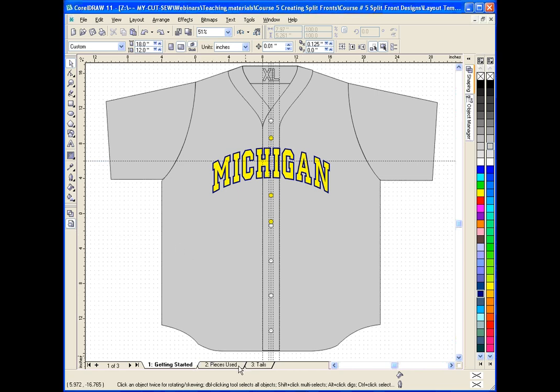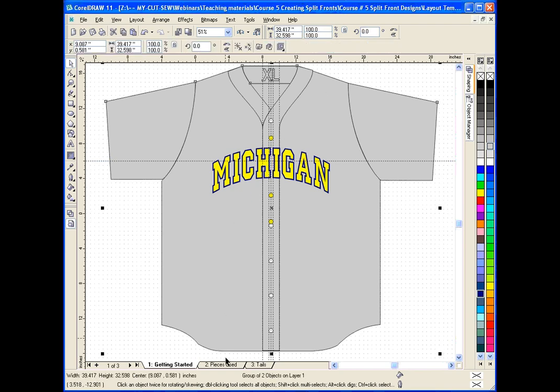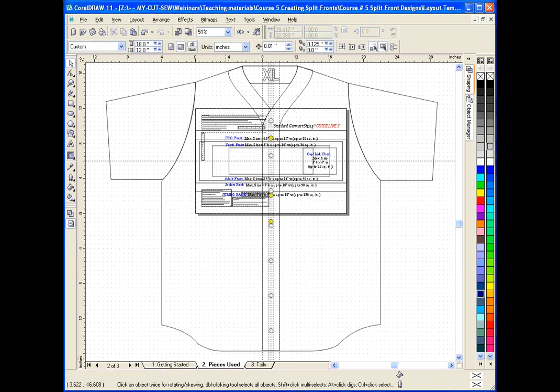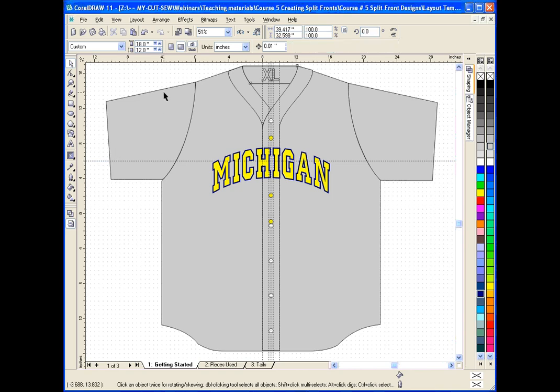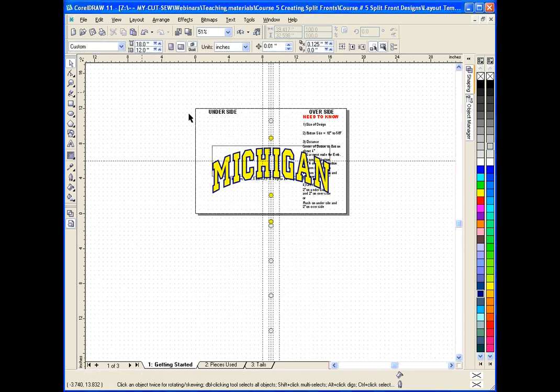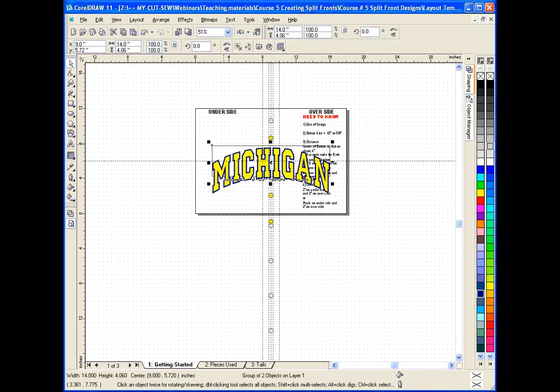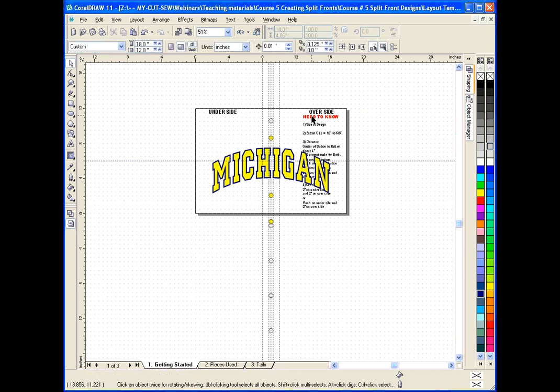So, what we're going to do next is, well, normally what I do next is take this design, get it proofed, and send it out to the customer. You don't have to send out the jersey to the customer. Normally, when you're doing proofing, let me just delete the jersey for right now. All I normally send out to the customer when I'm doing my proofing, and I want to get their okay on things,